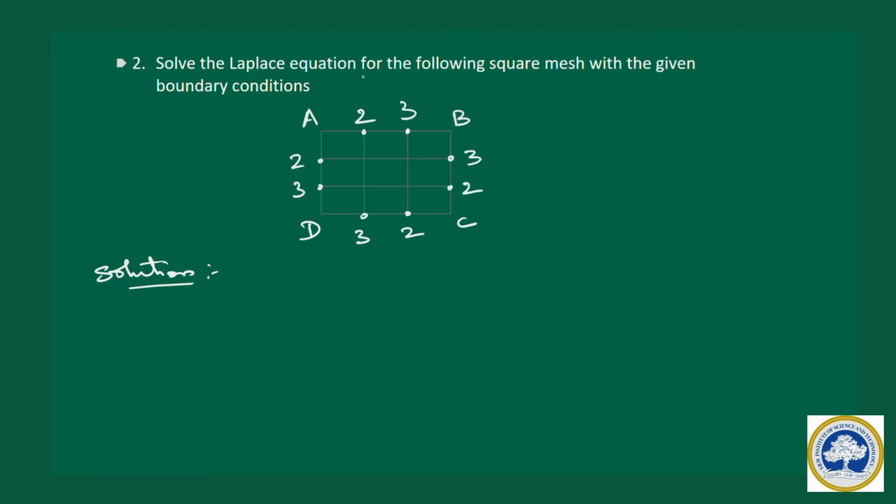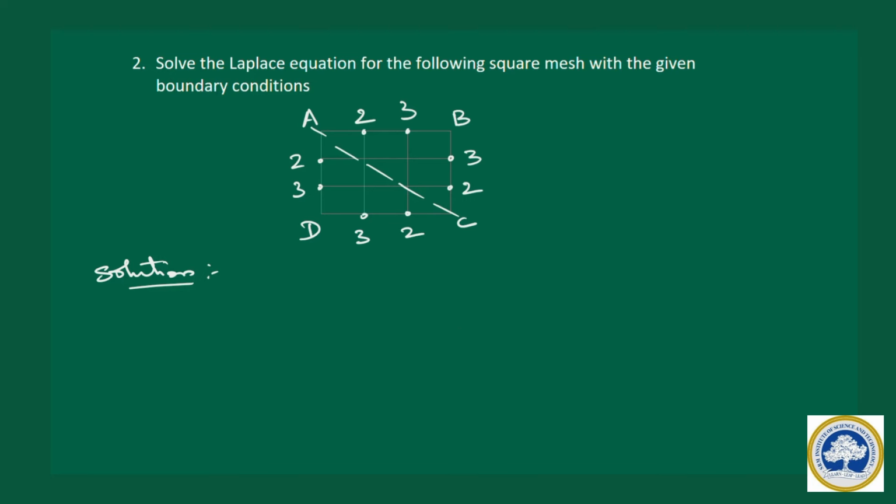as BD. Okay, so AC means, if you notice the boundary conditions about this diagonal, this is the diagonal AC. If you fold about this diagonal, this 2 and this 2 coincide. Similarly, this 3 and this 3, again this 3 and this 3 and this 2 and this 2. All are the same values. Because of the same values, we can say that this square mesh is symmetric about the